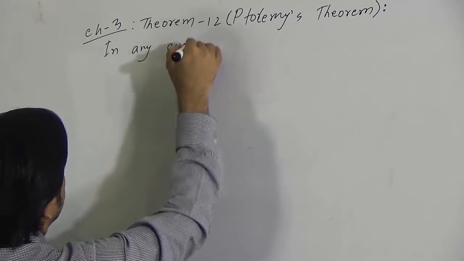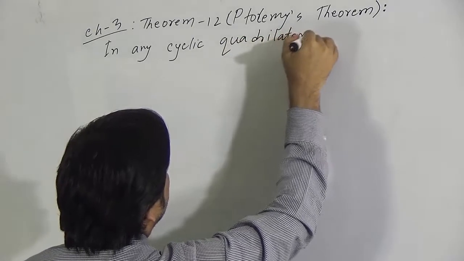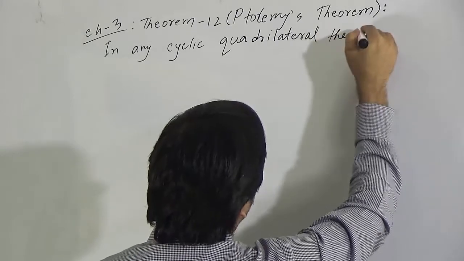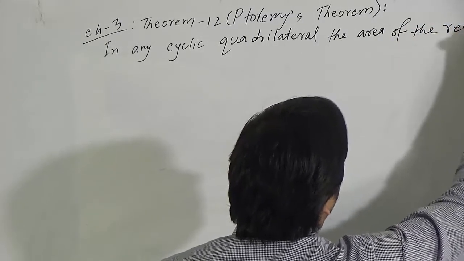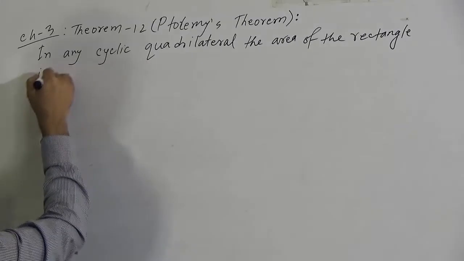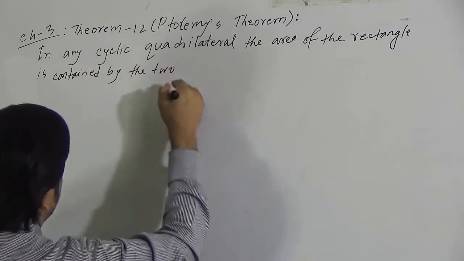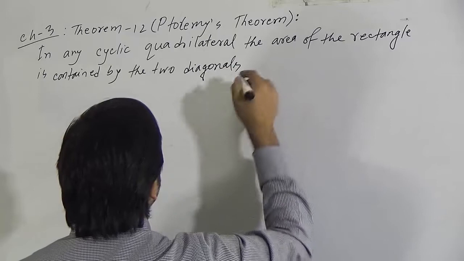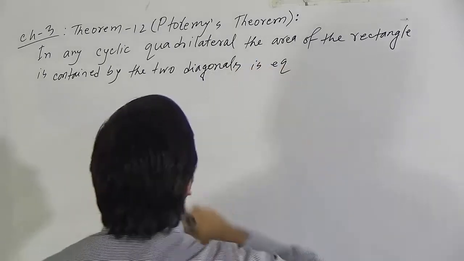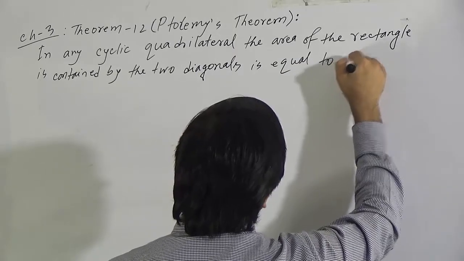We can write: in any cyclic quadrilateral, the area of the rectangle contained by the two diagonals is equal to